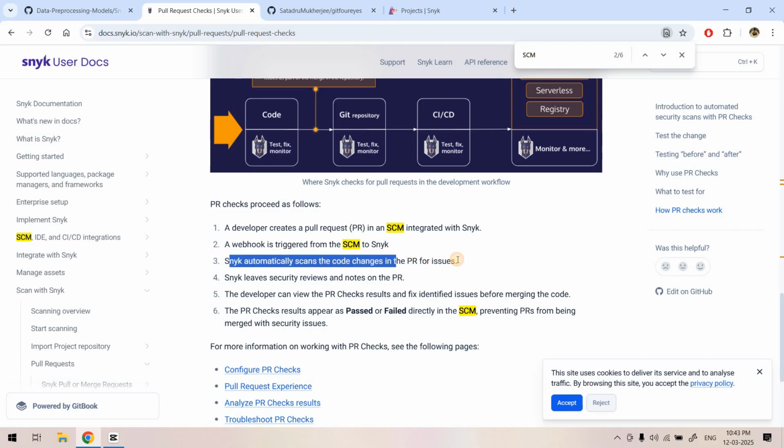Snyk automatically scans the code changes in the PR for issues. So whatever code change is done, Snyk will scan whether any vulnerability is available or not, and then Snyk leaves security reviews and notes on the PR. So in the PR you can see that, and a developer can view the PR check result and fix identified issues